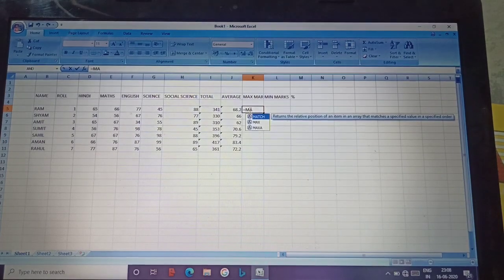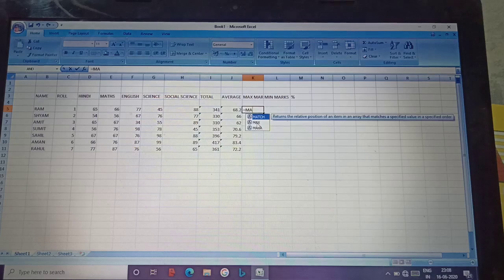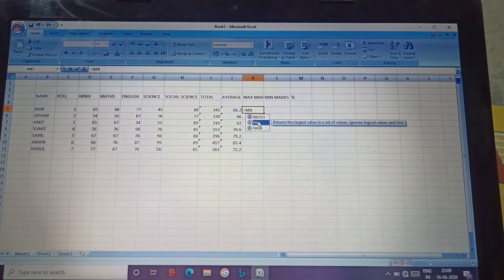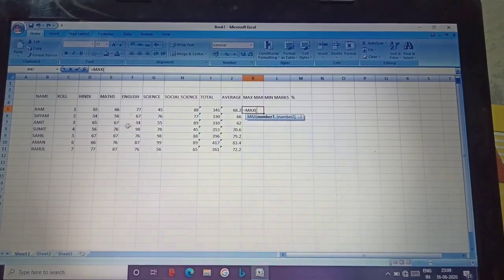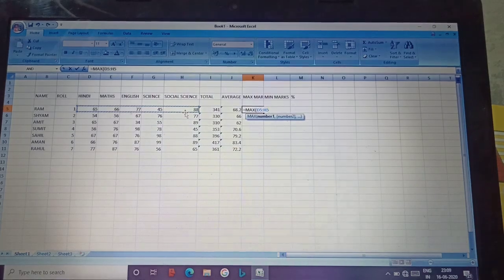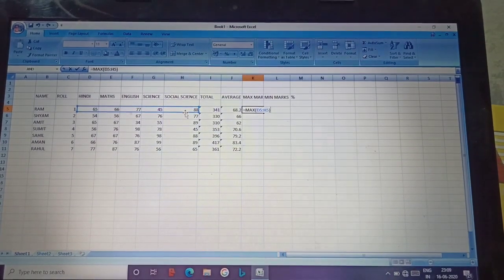As I have written MA, the functions starting with MA are appearing. So I select max and press tab, and it comes automatically. Then I will select the numbers and put the bracket. Press enter key. Again we will get the maximum marks of RAM.